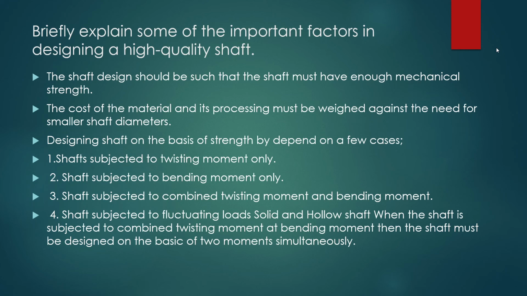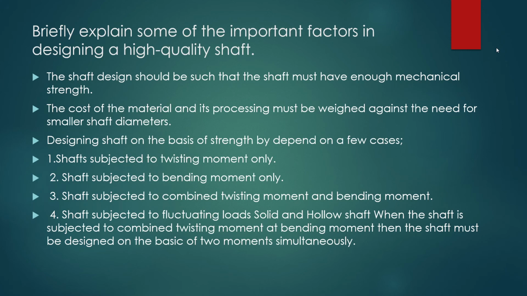The strength should be such that it should withstand all loads without causing much residual strain. Number 2, the cost of material and its processing must be weighed against the need for smaller shaft diameters. Based on the material properties, it should have high strength, good machinability, low notch sensitivity factor, and